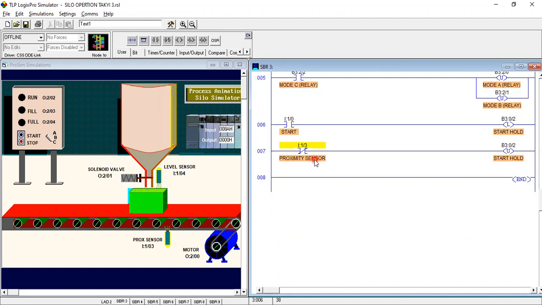And when your proximity sensor is de-energized, it will cut the power supply from this, so this binary bit will be unlatched.